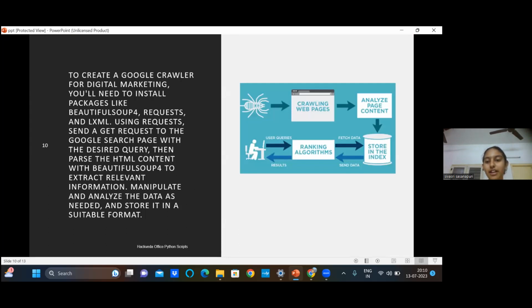To create a Google crawler for digital marketing, you need to install packages like Beautiful Soup, requests, and lxml. Using requests, send a GET request to the Google search page with the desired query, then parse the HTML content with Beautiful Soup 4 to extract relevant information,